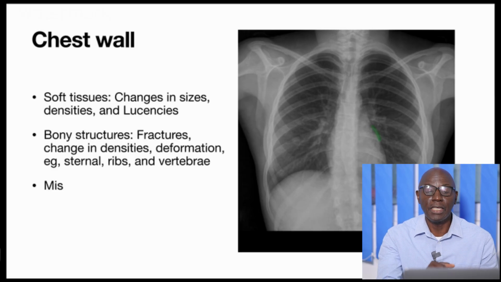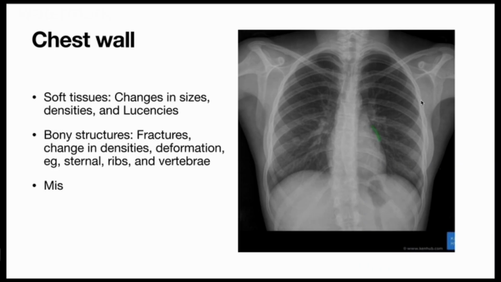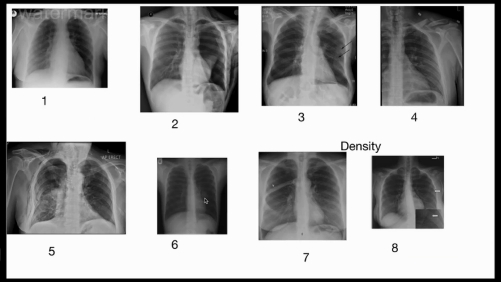Sometimes we may have fractures, just like shown in this radiograph here. I'm talking about the soft tissues there, the ribs, and the clavicles. Close to this, this is the next slide, which shows us a bit of the pathologies, and this is why we look at the chest wall. The chest wall may become bulky, like you see here. The chest wall may become bulky or thickened,